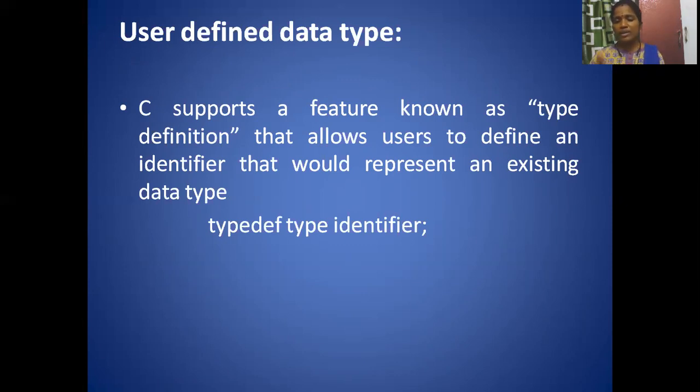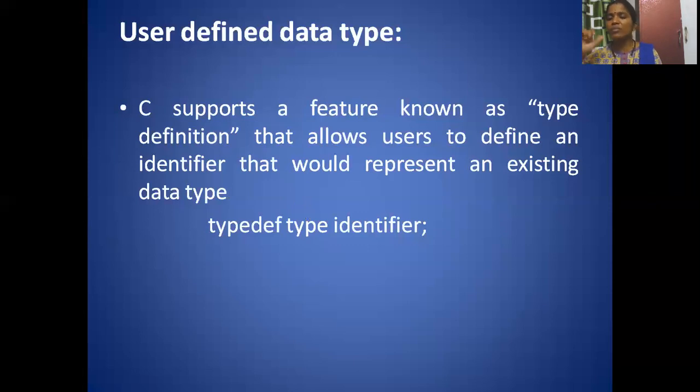For example, this is the syntax. Typedef is the keyword I use for type definition. So this is the data type already existing. I am using an identifier instead of this data type. So I am making typedef Ramu as Kumar, because I don't like Ramu. So instead of Ramu, I am using his name as Kumar. But Ramu will be the same person. He will not change. Same way here, the integer will be the same.